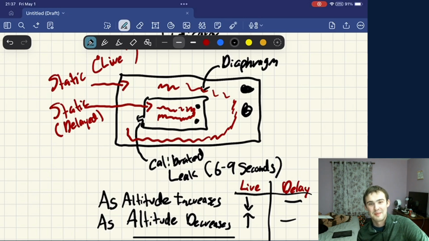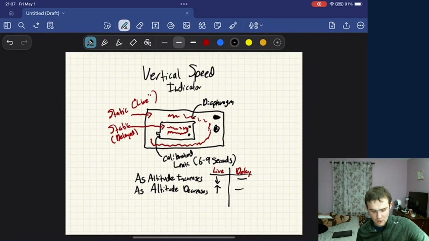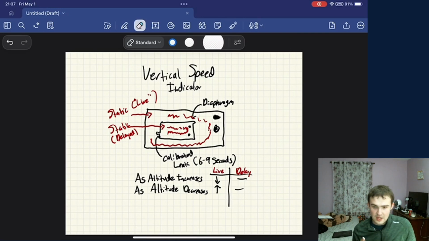Pitot system is not that complicated. It's really, when you start to break it down, this I'd say is the most complex part, is understanding that calibrated leak and how that creates the pressure differential. So, those are our three different